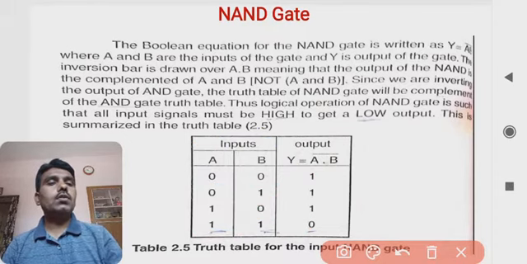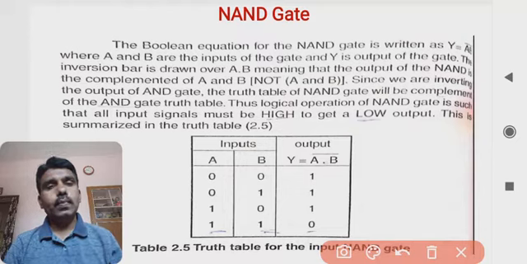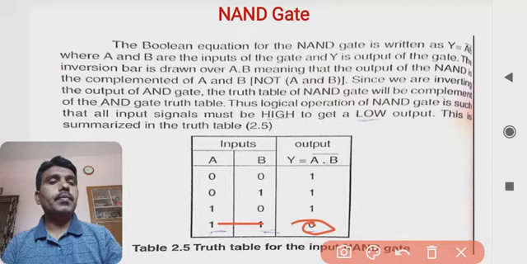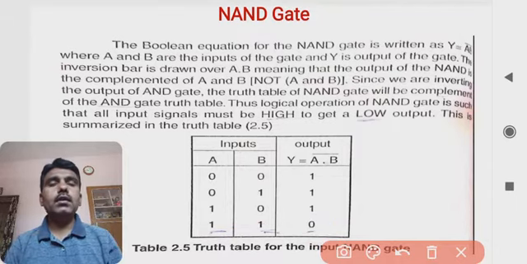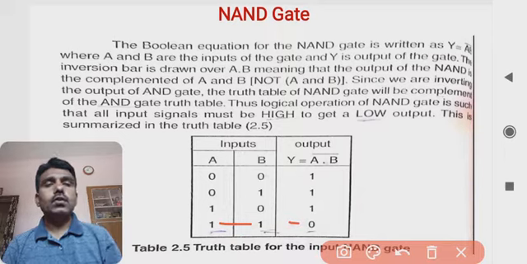So this is how the AND gate and the NOT gate will form a NAND gate. And what will be the logic behind it? When all the inputs are high, output is 0, and that means it is completely the reverse logic of the AND gate, because the AND gate is what? When all the inputs are high, output is going to be high, otherwise it is 0.